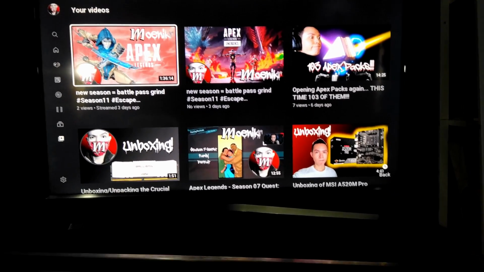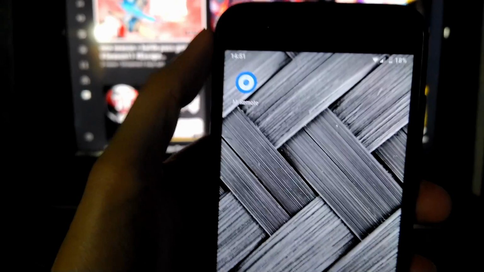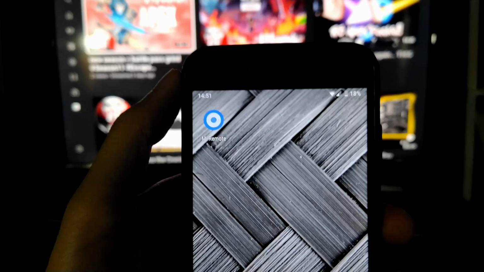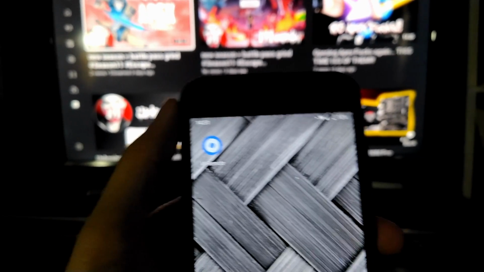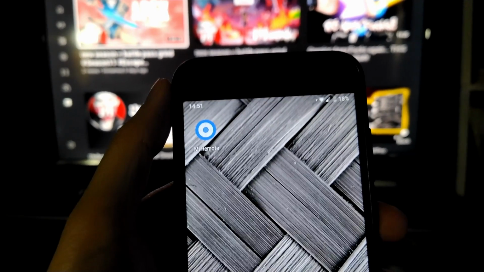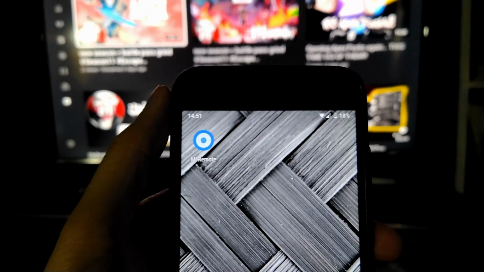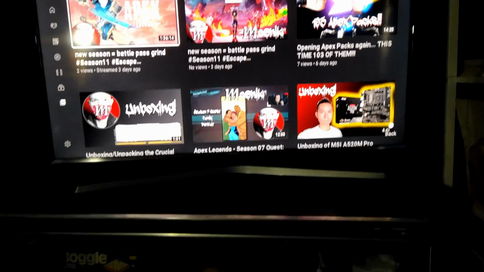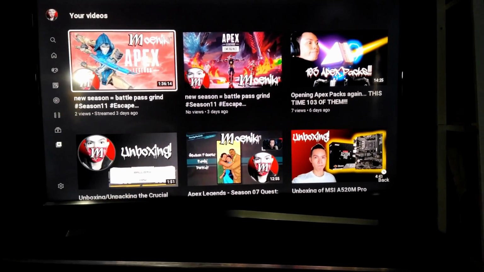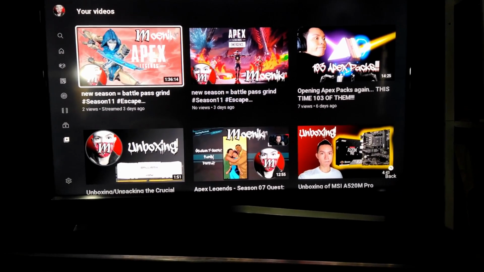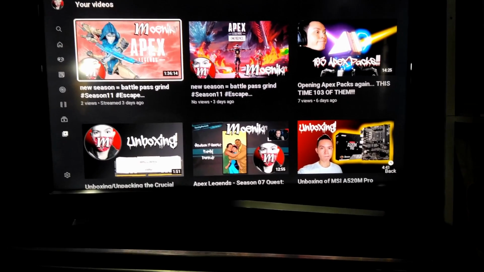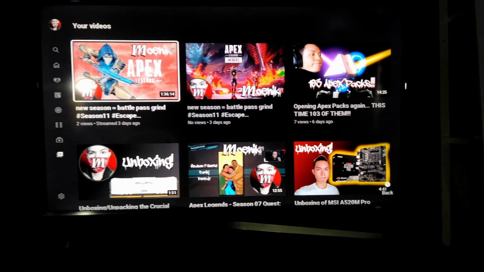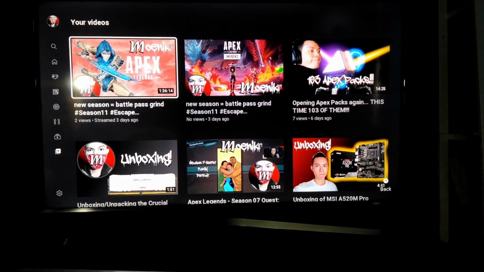But actually both units have this default Mi Remote app from Xiaomi. If you did not know, all or most Xiaomi smart devices or smartphones have an integrated IR blaster. That means that they can communicate with other devices that have an IR receiver, such as this one, a smart TV or a TV in general. So what you can do is, for example,